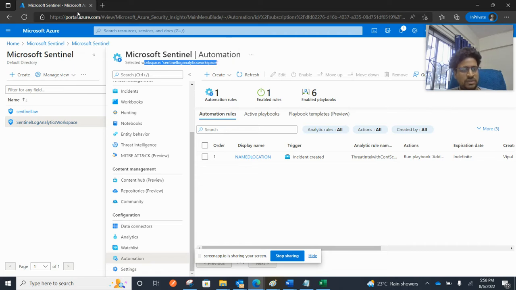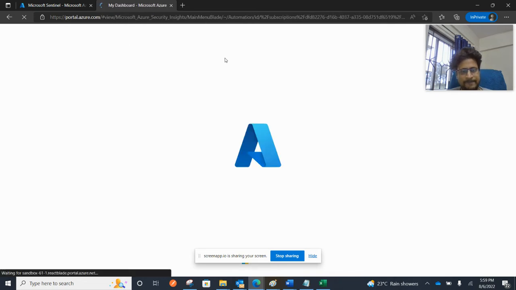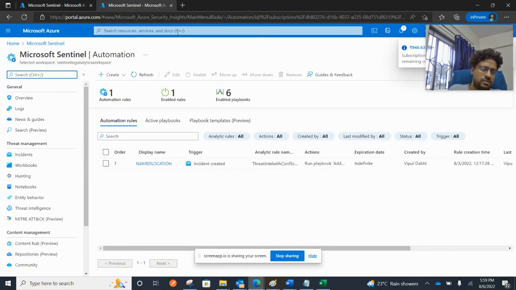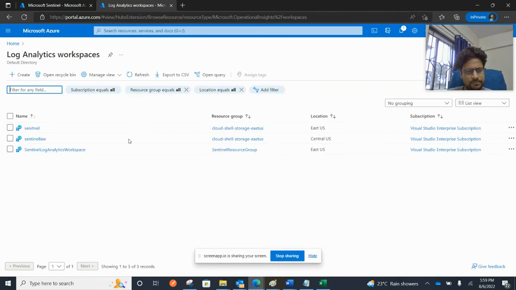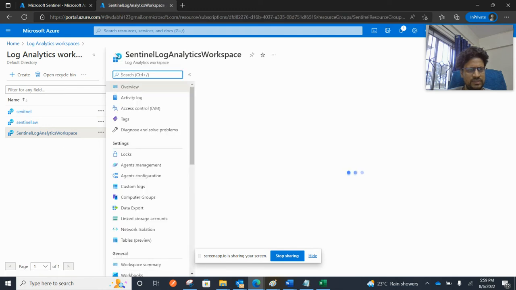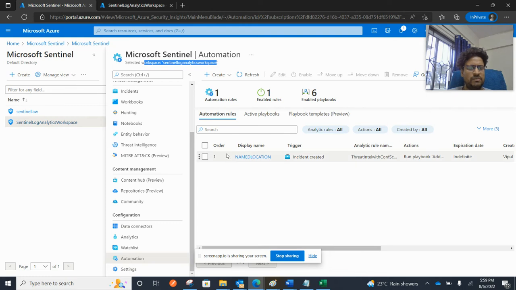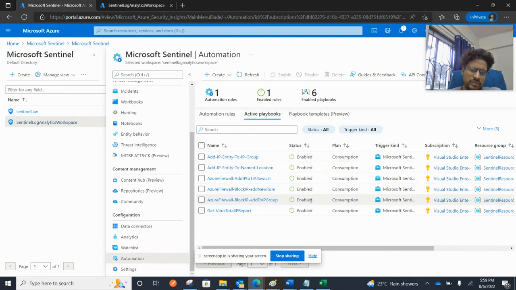If you want to see it, you can see it by duplicating this tab here. Let me search Log Analytics workspace. So this is our workspace. If you notice this name, on this only we have our workspace or Sentinel onboarded too. This is the one, right? And these are all the active playbooks which are enabled, with a consumption based model under this resource group, and